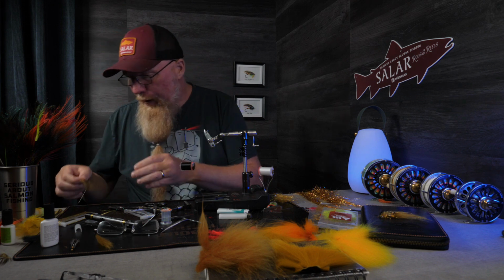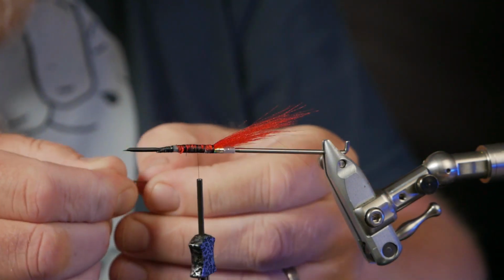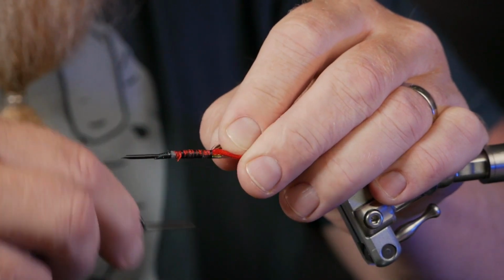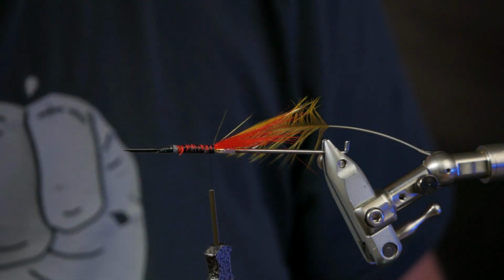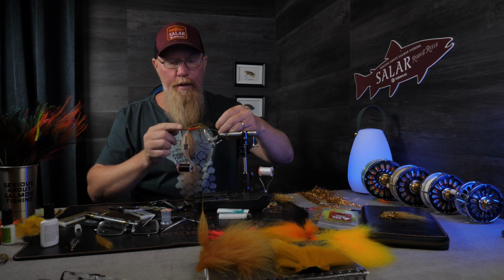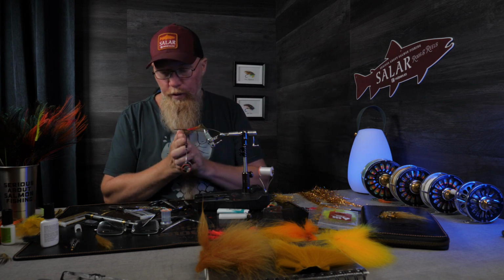tie on the body hackle from behind, which is one way to do it. And as twice as long as the fly, as Michael says, that is a good rule of thumb. So I think that we are there. And then I put this on my side, tie it in thoroughly. And it's important that the strands of the feather want to go this way and a little bit in, and those strands you want facing the fly. Otherwise it will be tied on and the strands want to go forward, but that doesn't matter either. It will fish really good anyways, but I think that we will do it like this, and then we do